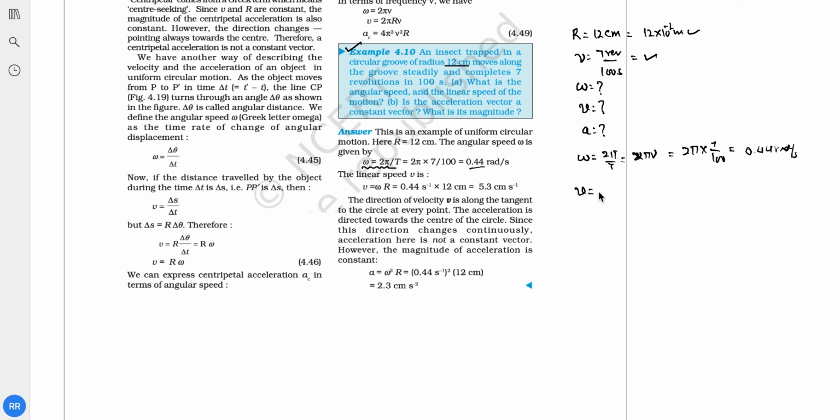एंड वेलोसिटी आपको निकालनी है तो वो ओमेगा टाइम्स r है। ओमेगा आप यहाँ से इस्तेमाल कर लेंगे, और रेडियस आपको दिया हुआ है 12 सेंटीमीटर। सो दिस इज v इज इक्वल टू 0.44 सेकेंड माइनस 1 क्रॉस 12 सेंटीमीटर। ओके, सो दिस इज 5.3 सेंटीमीटर पर सेकेंड।